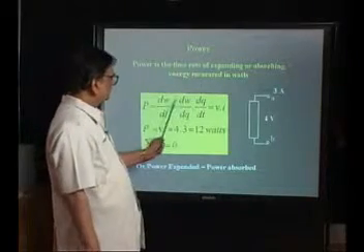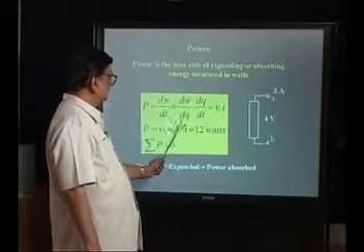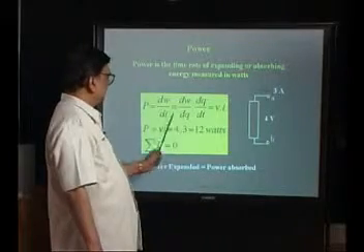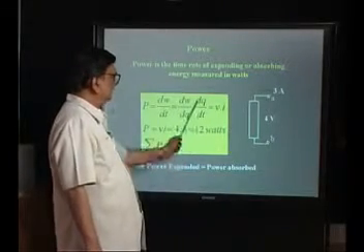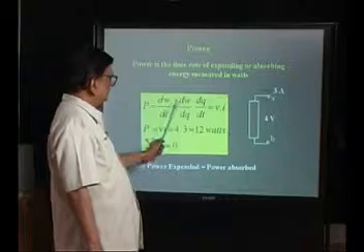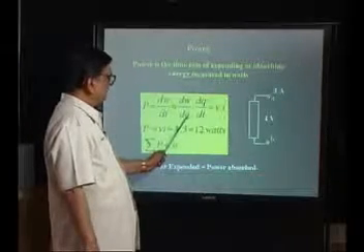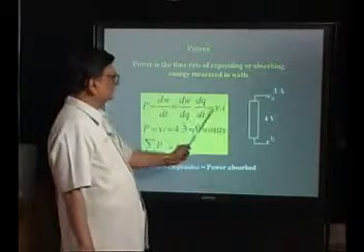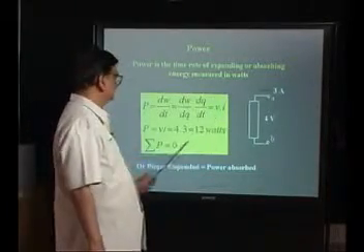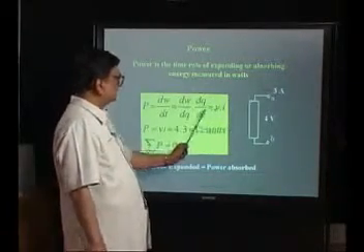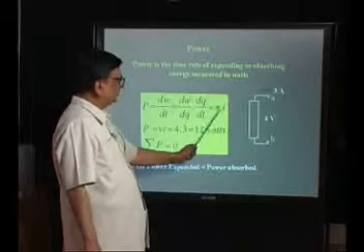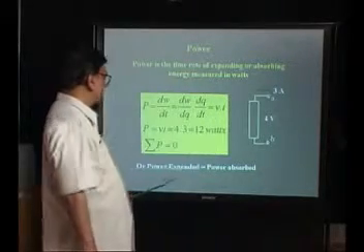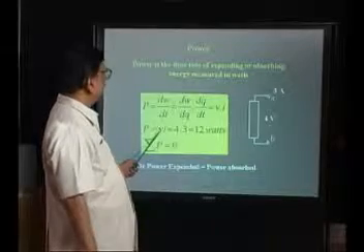With this, we just found out that this is the voltage and this part is the current: dq by dt is the current and energy divided by the charge is the voltage. That is why power is expressed in terms of voltage and current. Power is instantaneous voltage multiplied by instantaneous current. So, P is V into I.